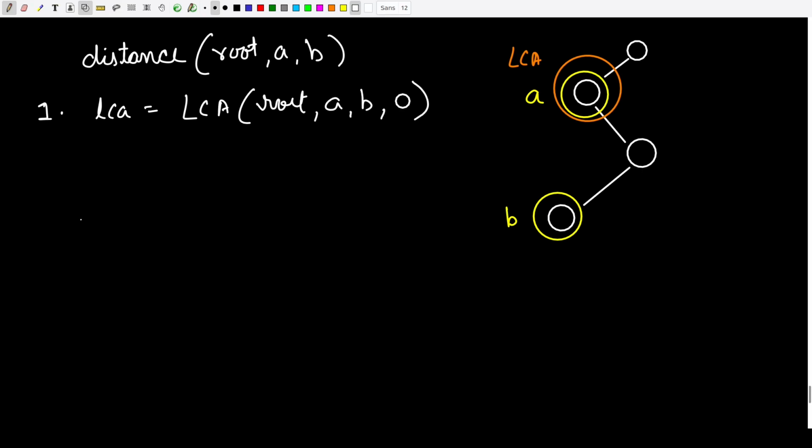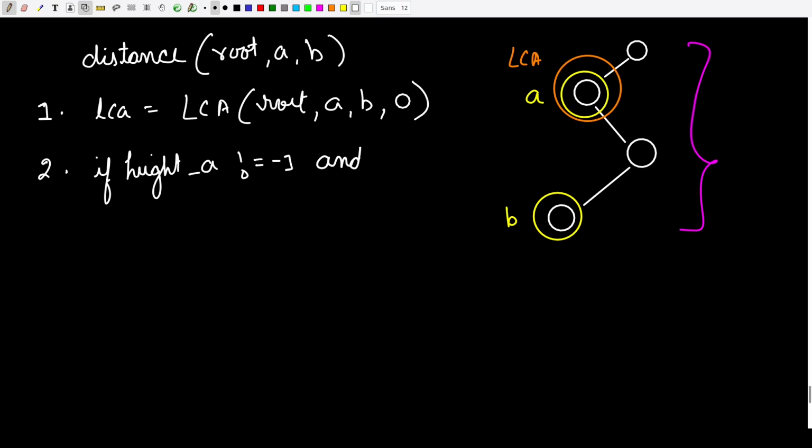So initially the height is 0, right? Now the LCA is known to us. Now if the test case is not of this nature, then height of A, height of B, and height of LCA will be populated. So we are going to check if height of A, and let us say the initial values of height of A, B, and LCA is -1,